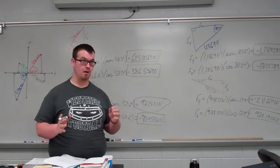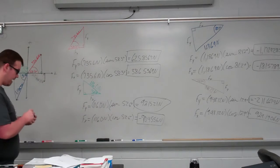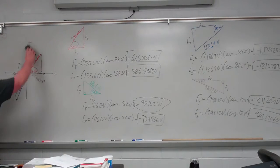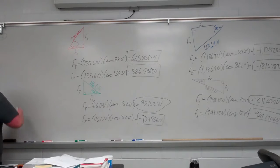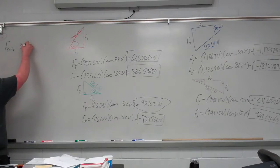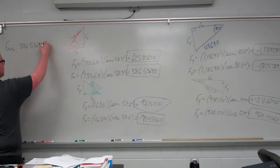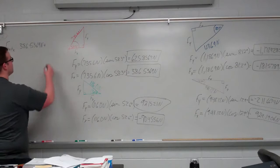We're just going to do a summation of them all. You're going to do a summation of the x components, and you're going to do a summation of the y components. So let's do that. I'm going to erase this diagram now because we no longer need it. So the summation, so let's do the net force. Let's do the x components. So let's do all the x components. The first x component is 386.5369 newtons, and we're going to add to that the others. So going from there, let's go to this one, and we're going to have a negative